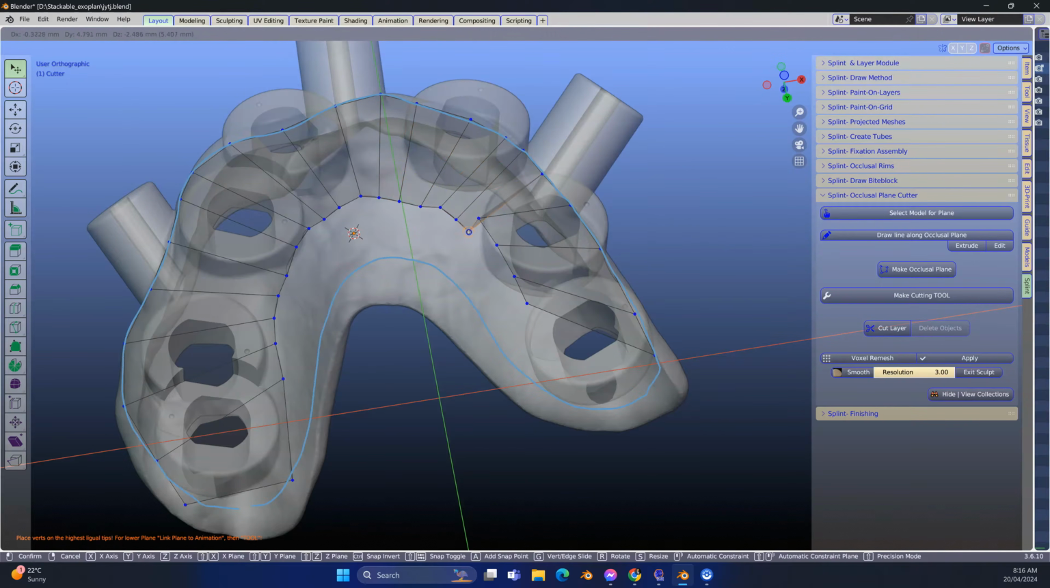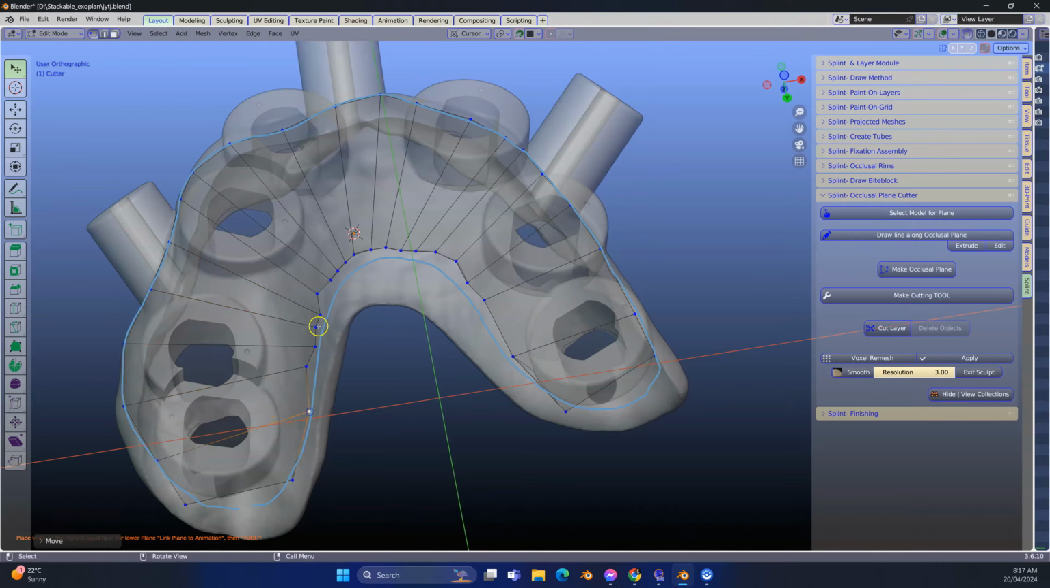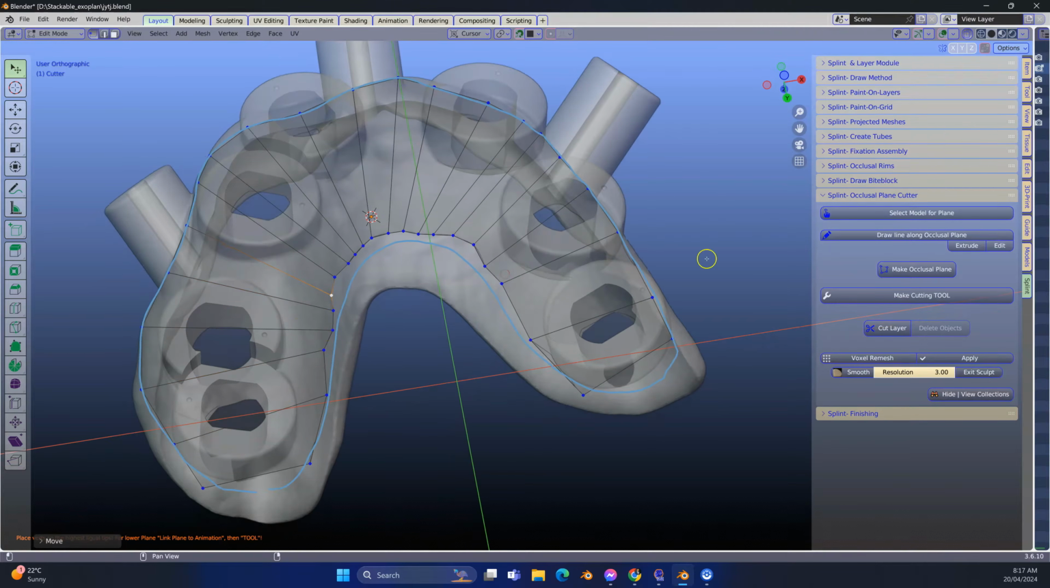Okay, something like that. Actually, we could have come much further down. It would probably make our life easier if we come further down. From here, we're going to make a cutting tool. This cutting tool is going to expand this object,